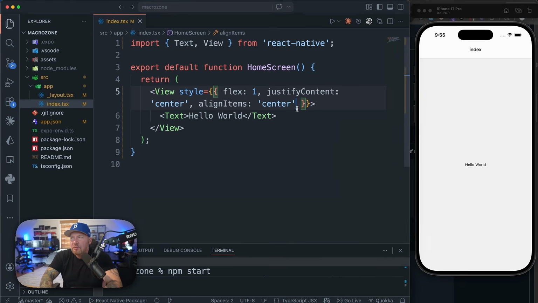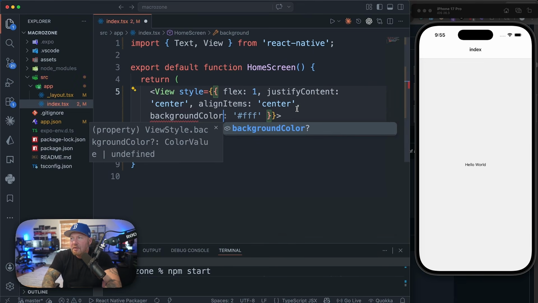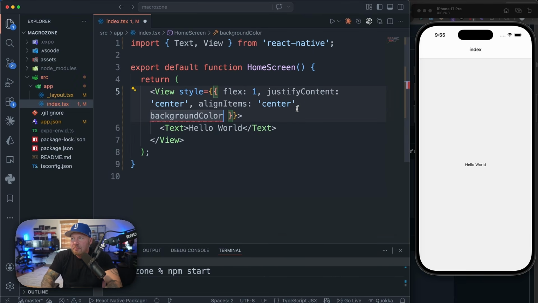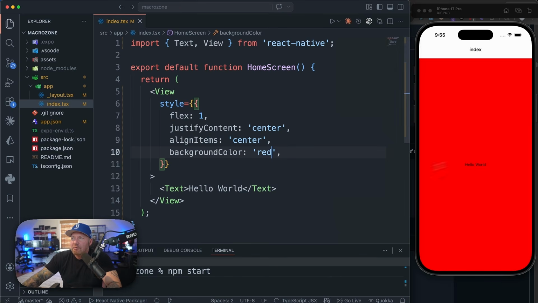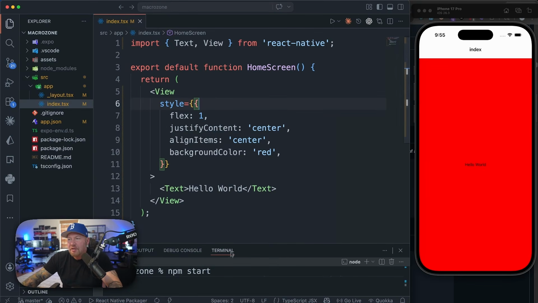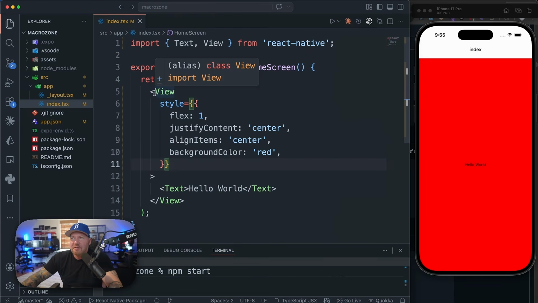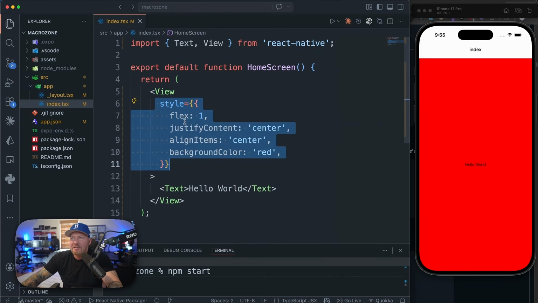If I wanted to do, let's say, background color, set that to, let's say, red, then I get a red background. So you can do it this way, and basically it's just CSS, but instead of background dash color, it's going to be camel case. So keep that in mind. Now, I don't typically use inline styling very much because it just gets messy. I mean, if you have 20 different components and you're adding this kind of styling to all of them,